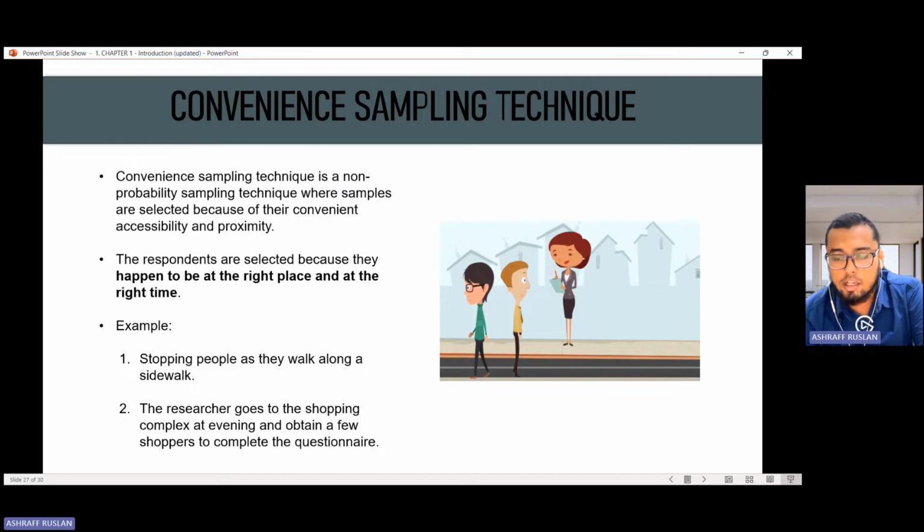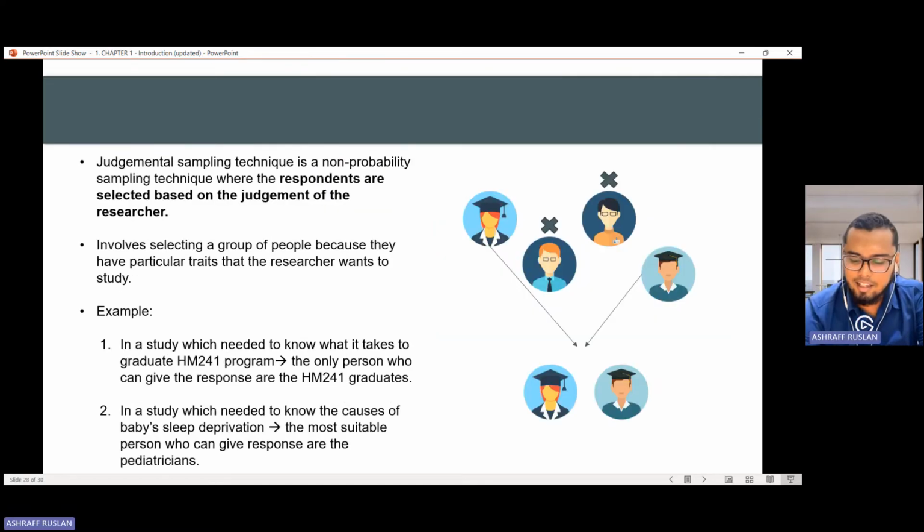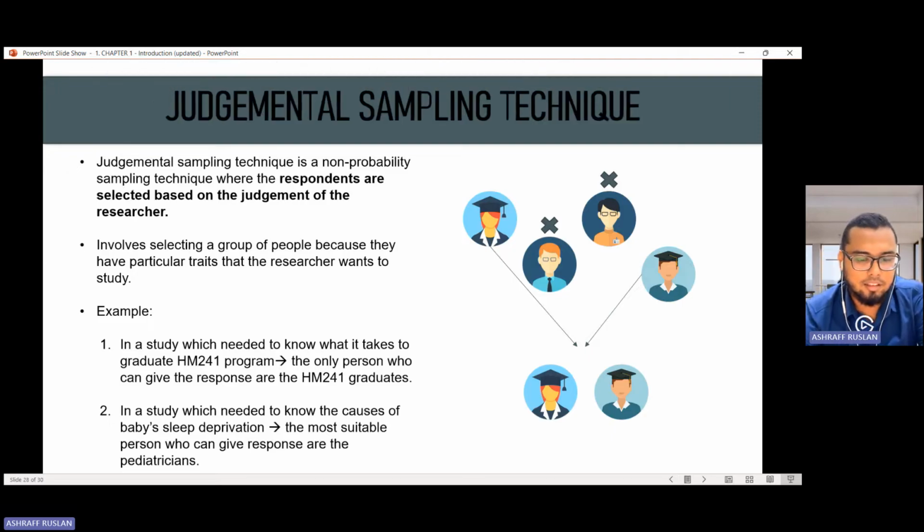Okay. Selalu juga, okay, I believe student pun pernah, okay, cik boleh ke ada seminit ke kita nak tanya soalan kami daripada sekian-sekian, ada stok kita dekat shopping mall ataupun mana-mana tempat kan. Tu adalah convenient lah. Dia punya convenient lah, researcher punya convenient, bukan kita punya convenient. Right? Ataupun judgemental. Okay.